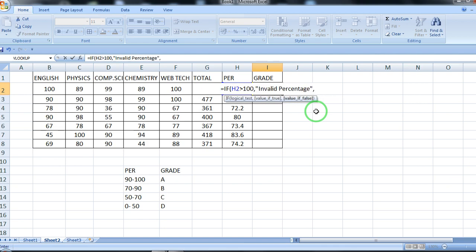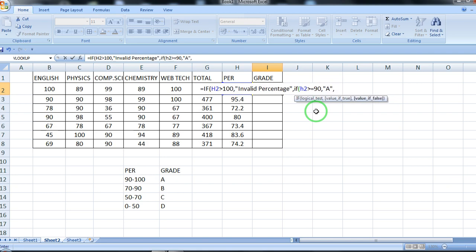Then put a comma and write one more if. Again, if H2 is greater than or equal to 90, what should it display? It should display A.